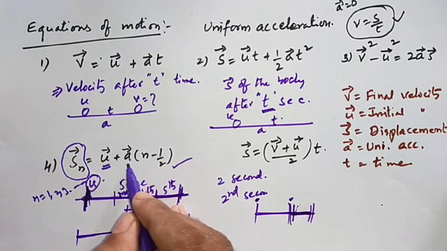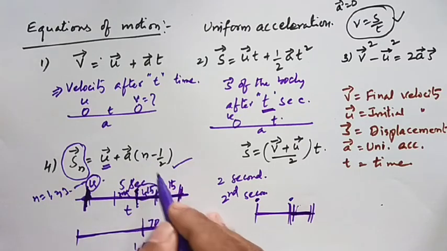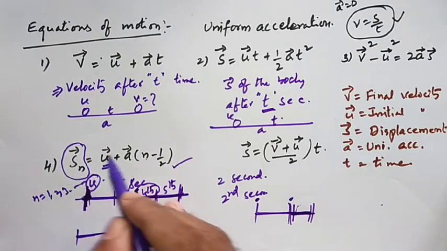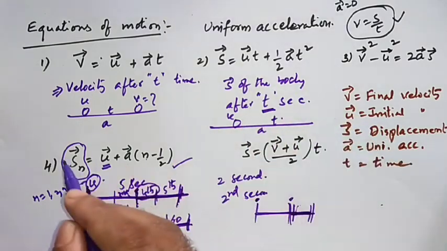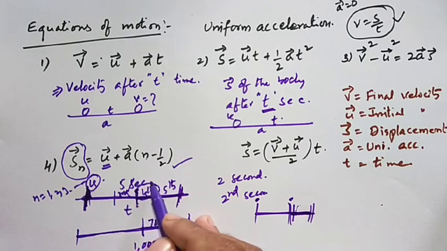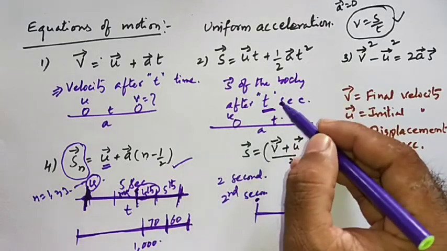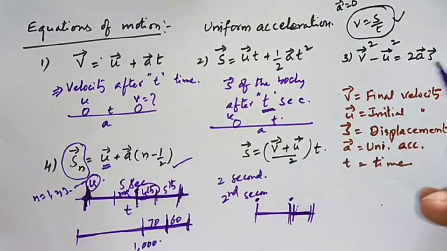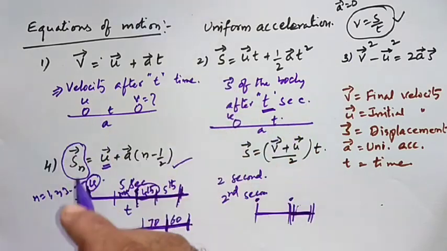Clear? a is the uniform acceleration. n is the time you are calculating: 4th means 4, 5th means 5. Minus half, okay, in this way we will be using this formula. This is used to calculate displacement in t seconds. This is used to calculate displacement in the tth second. In place of tth I kept n, nth second. Displacement in n seconds, displacement in the nth second. I think you got the idea. Displacement in n seconds is the total; this is the displacement in the nth second, a particular time.